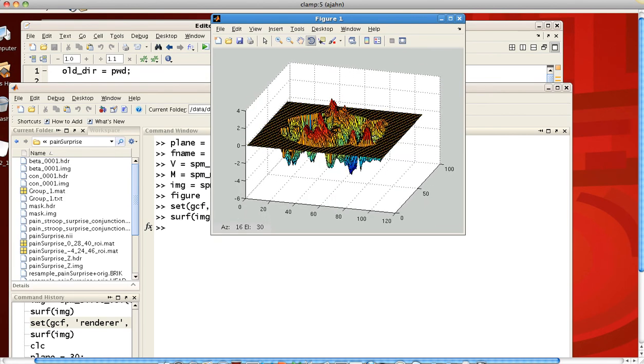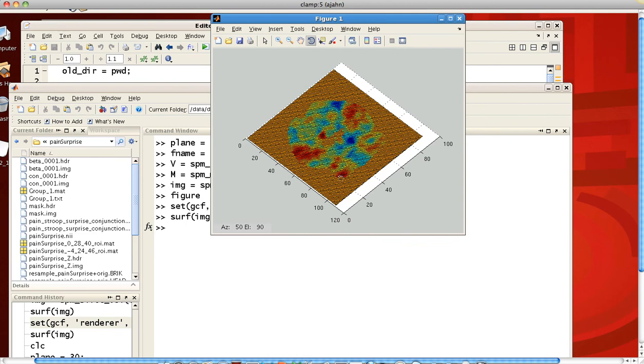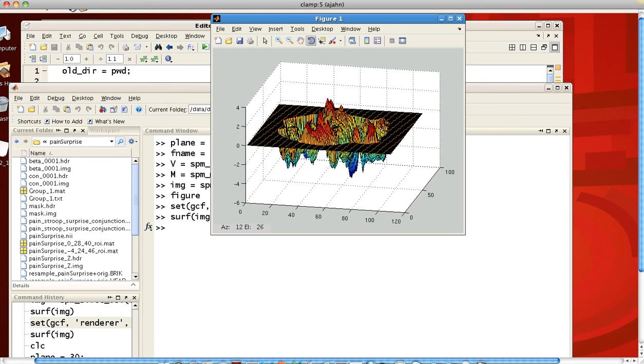So again, this is pretty cool, and it's just showing you a different view of what these T-maps look like. Now, what use there is for it, or how you'd make figures with it, I'm not really sure, but there you go. That's one of John's gems, and we'll be